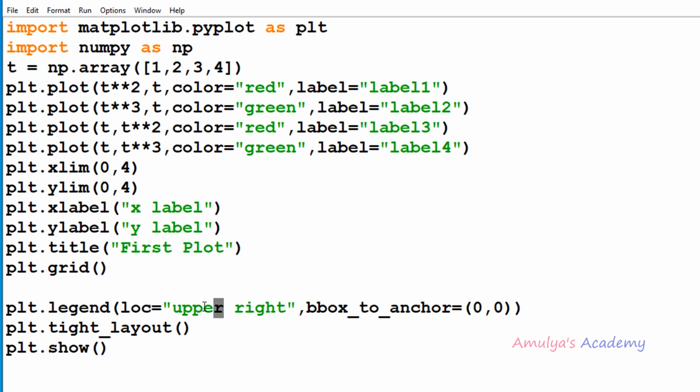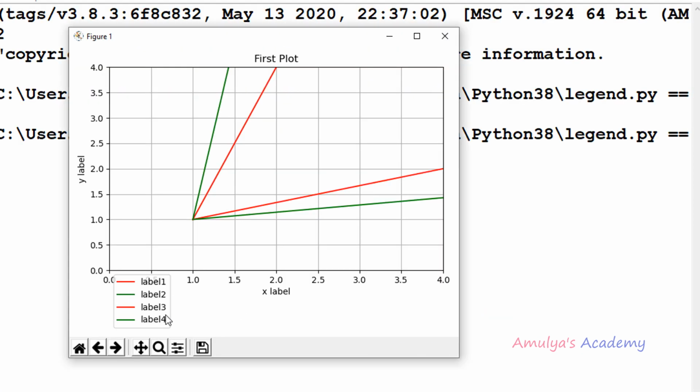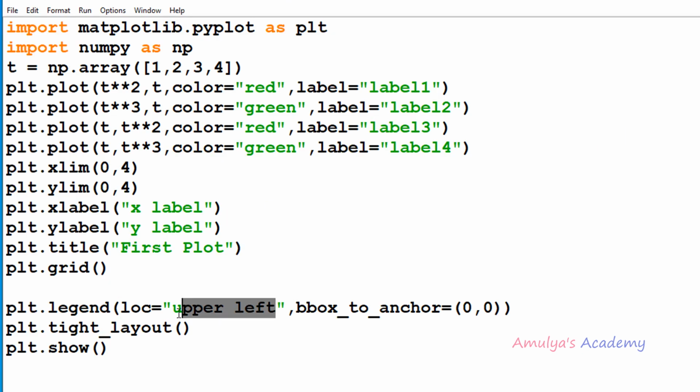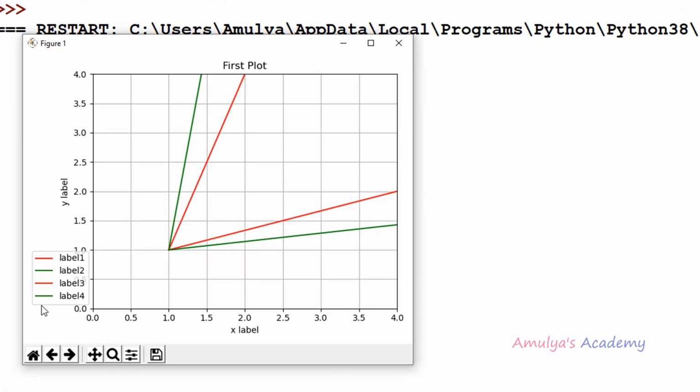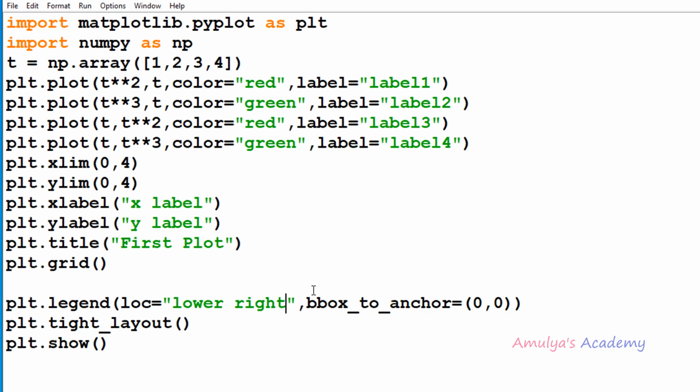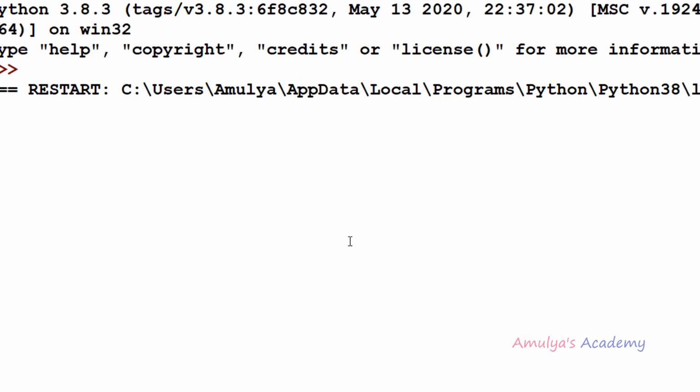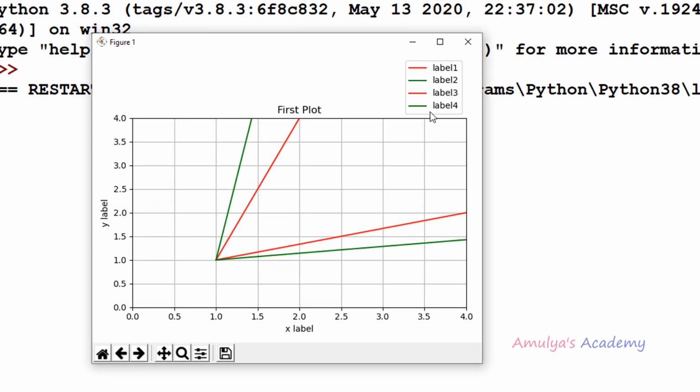If I take upper left, it will be placed here. You can take lower left, lower right also. If I take lower right, it will be placed here. Or you can take it as 1, 1, so it will be placed here.